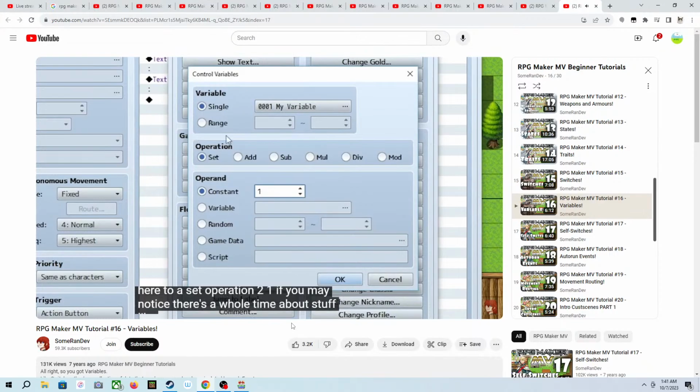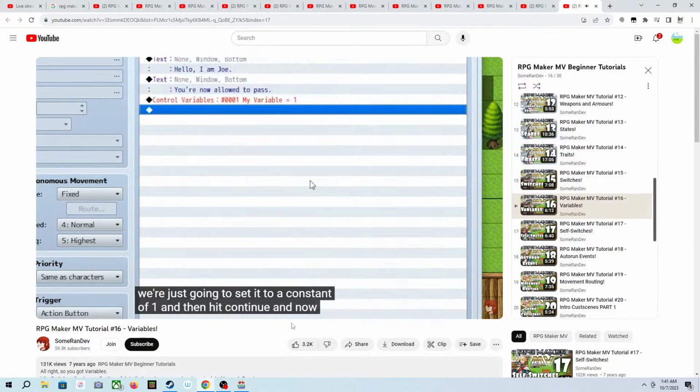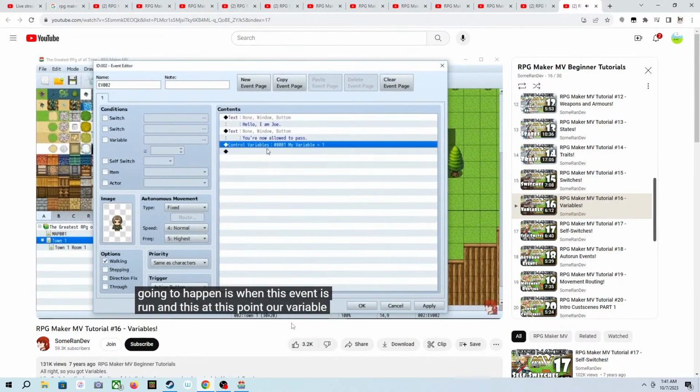You may have noticed there's a whole ton of other stuff like add, subtract, multiply, divide, mod, variable, random, game data, script, all this crazy stuff. Don't worry about it. We're just going to set it to a constant of 1 and then hit continue. Now when this event is run and it gets to this point, our variable ID 1 called my variable is going to be set equal to 1,